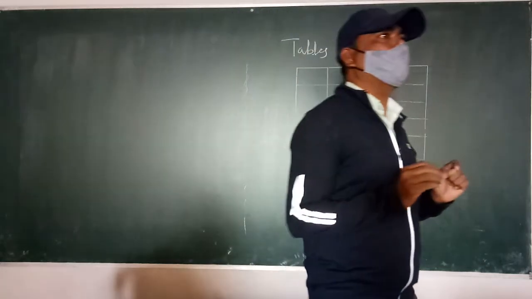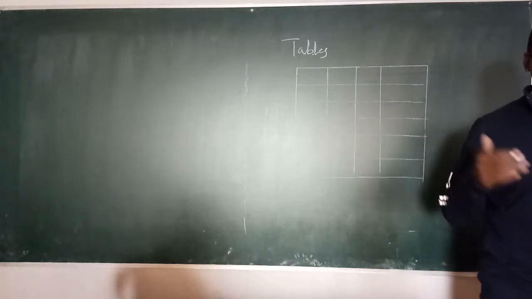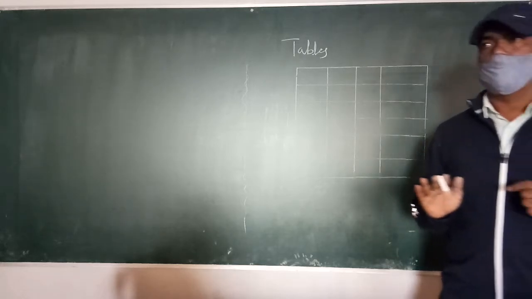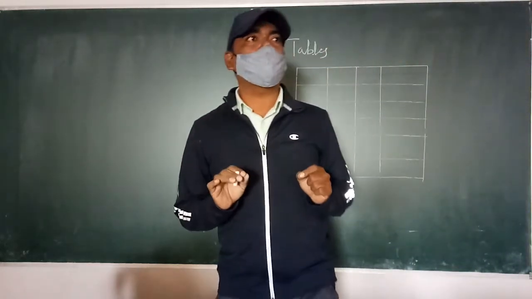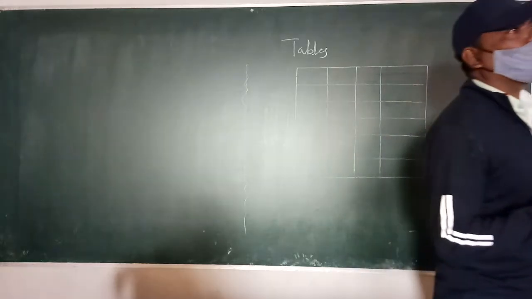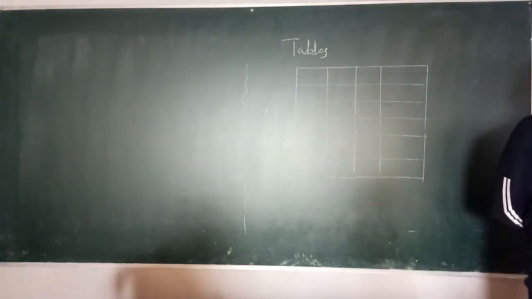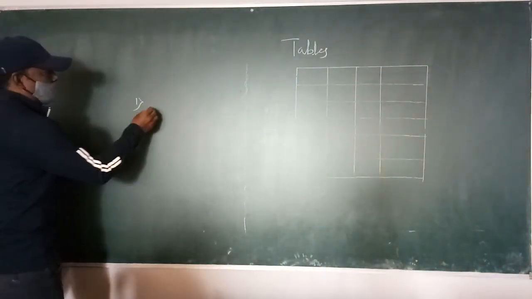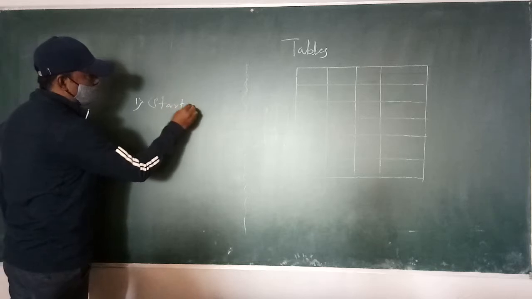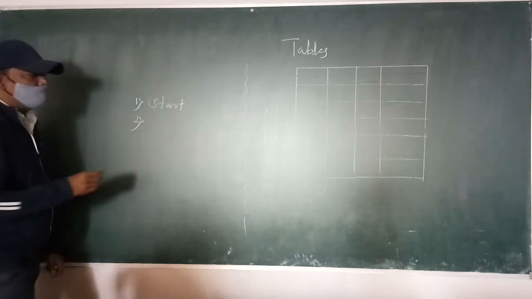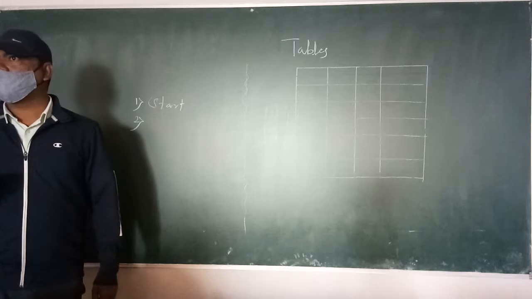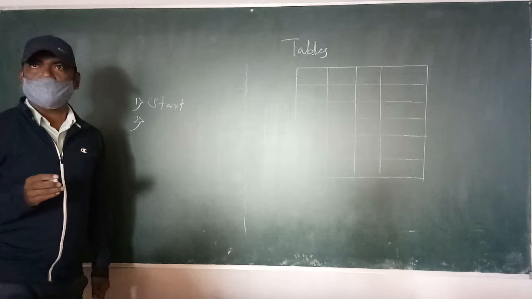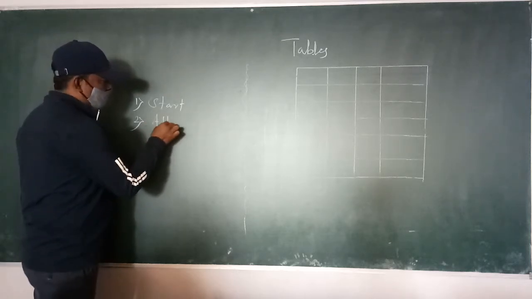We can use the same steps to start Microsoft Word as we use to start Microsoft Excel and Microsoft PowerPoint. So who will tell me what steps you will use to start Microsoft Excel? First step: go to the Start button, click on the Start button. Microsoft Office. Second step: All Programs.